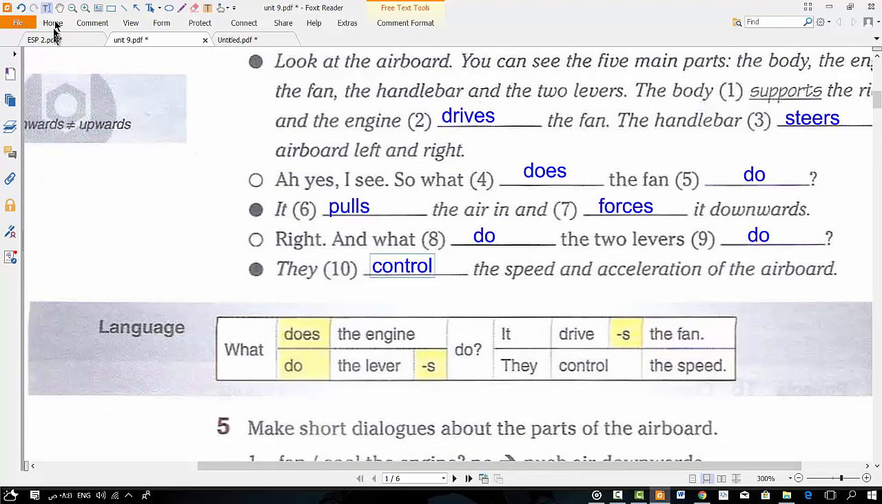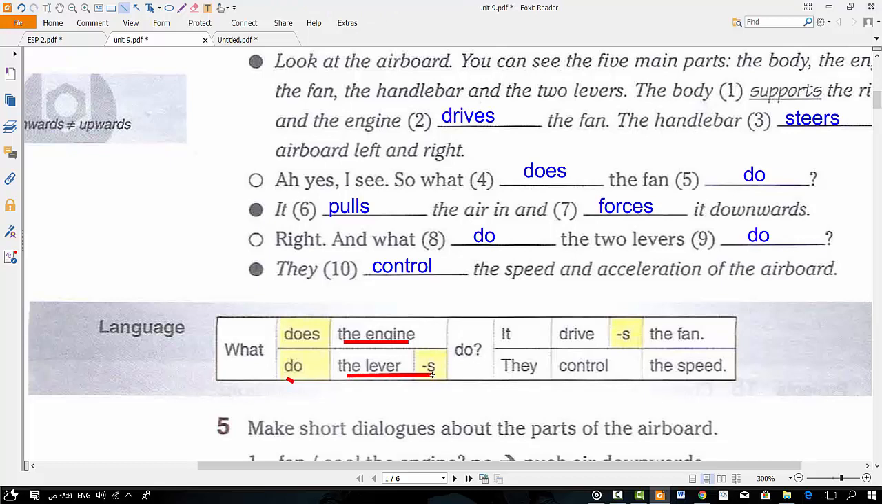Language. We have 2 questions. You see, these are the questions. Question 1. What does the engine do? يعني ماذا يفعل المحرك الماكينة؟ Question 2. What do the levers do? وماذا تفعل العصيان؟